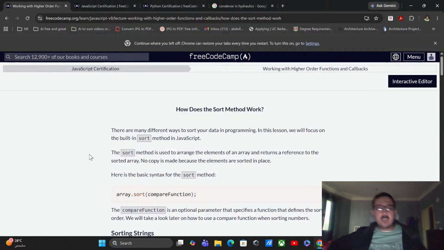There are many different ways to sort your data in programming. In this lesson, we will focus on the built-in sort. We also, I haven't used these